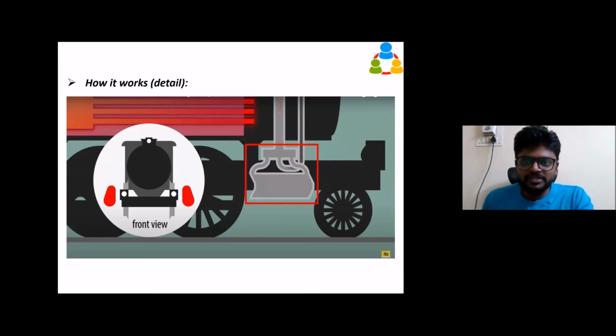Whatever hot steam is coming is a dry steam, or we can call it superheated steam. It is coming to this main pipe. This assembly is called a piston cylinder assembly. You can see this assembly will be in front of you, and on both sides it will be there, so it will give more power. Both sides of the wheel will be operated or pulled by this cylinder and piston assembly. This is called a double acting cylinder. We're going to see what it is in the next slide.